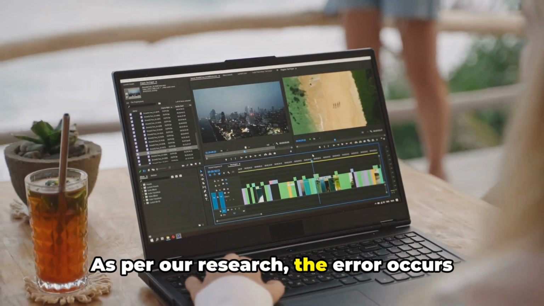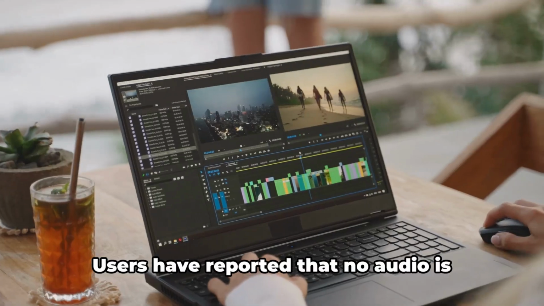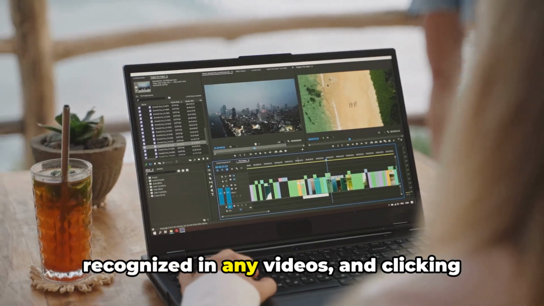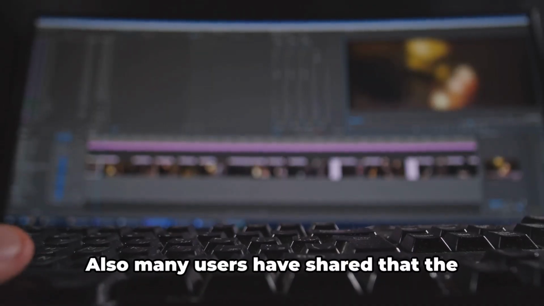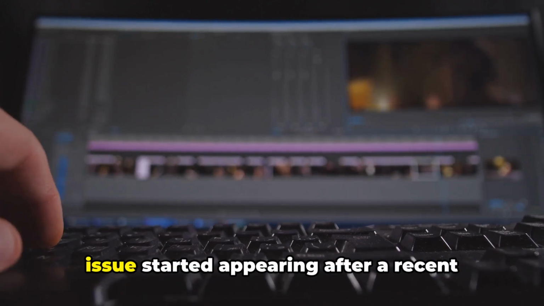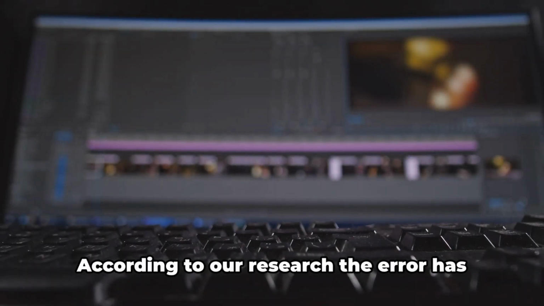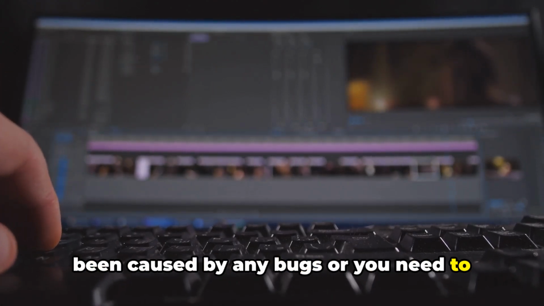As per our research, the error occurs when trying to play a video inside Adobe Premiere Pro. Users have reported that no audio is recognized in any videos, and clicking play triggers the error message. Also, many users have shared that the issue started appearing after a recent update to Premiere Pro. According to our research, the error has been caused by bugs, or you need to free up some space